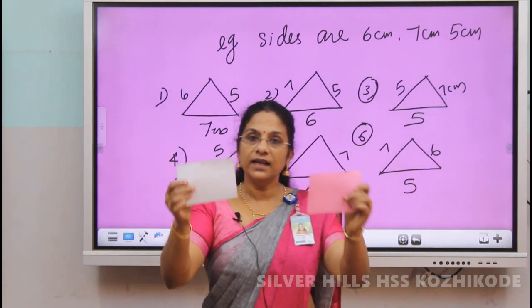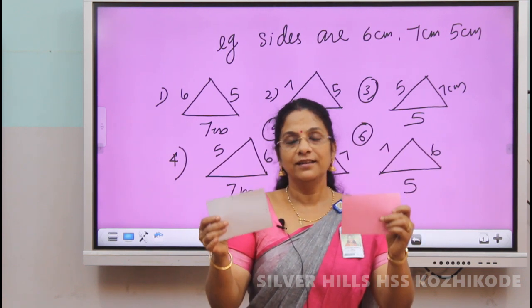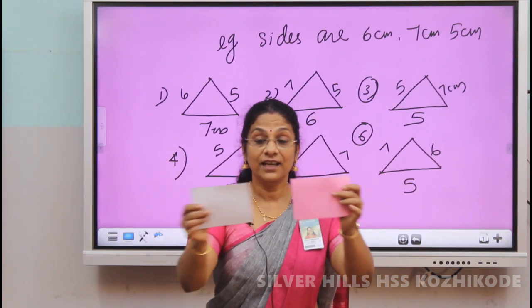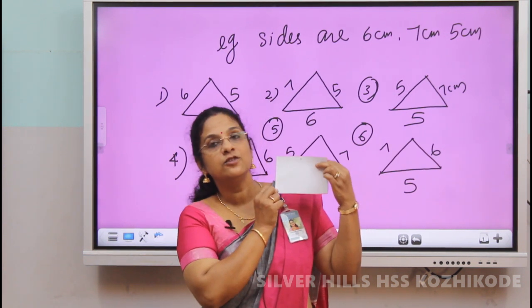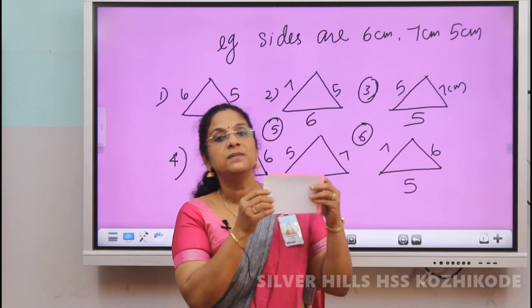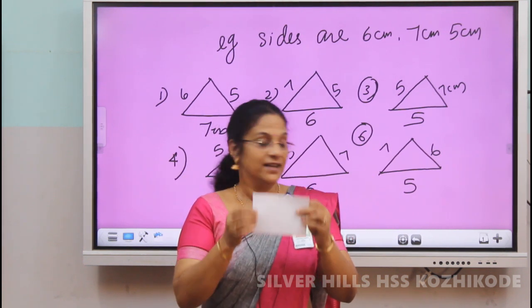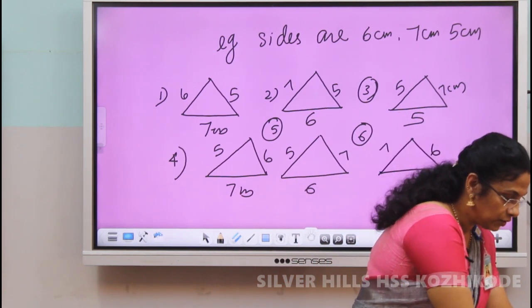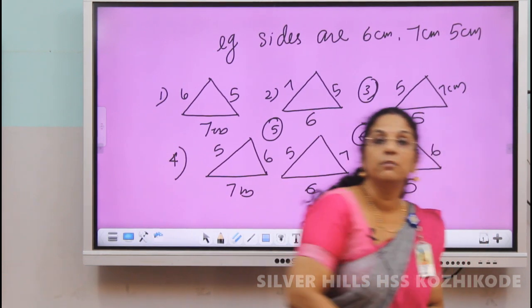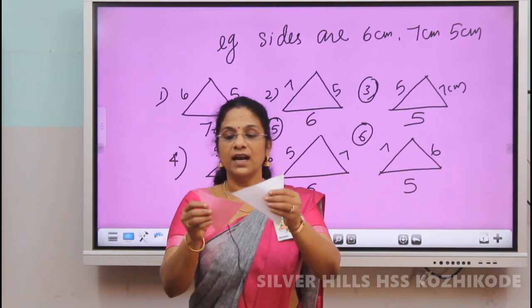Then again the same question, are these two papers equal or not? The same way we can keep one over another. See, we can see that these two papers are equal. That means these two rectangles are equal rectangles. Then I am keeping the rectangle here and I am taking two triangles because we are discussing the triangles. Therefore, I have two triangles with me.